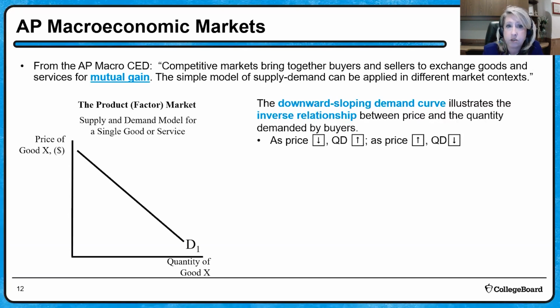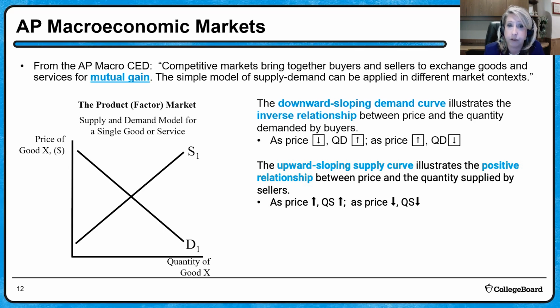So we start with our downward sloping demand curve, which shows us that there's an inverse relationship between the price and the quantity demanded by buyers. Then we have our upward sloping supply curve that shows us there's a positive or direct relationship between the price and the quantity supplied. Regardless of what market we're looking at, whether it's the money market, the loanable funds market,